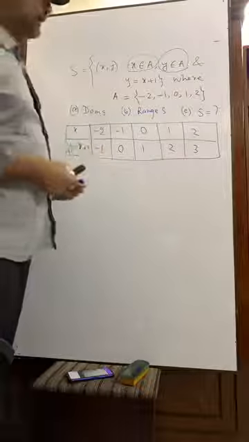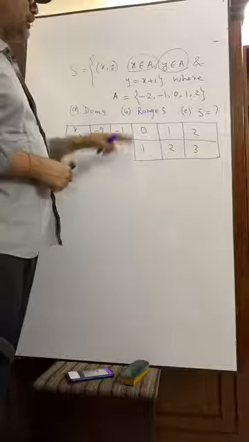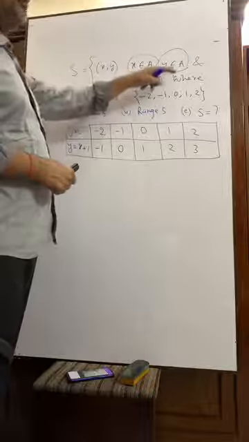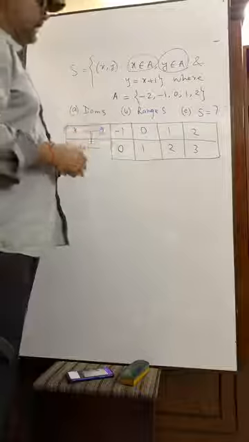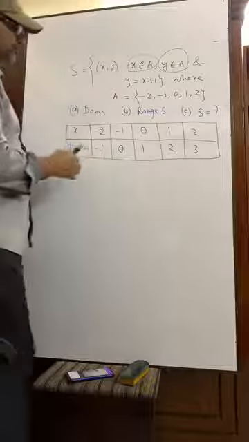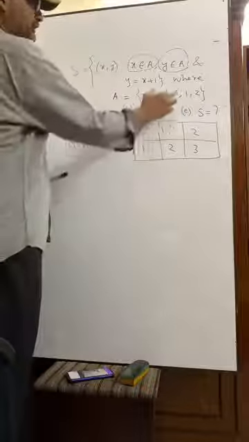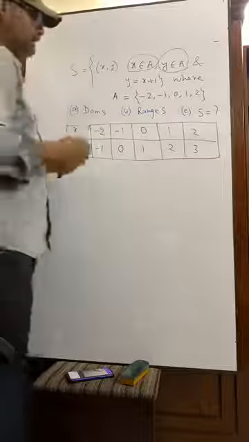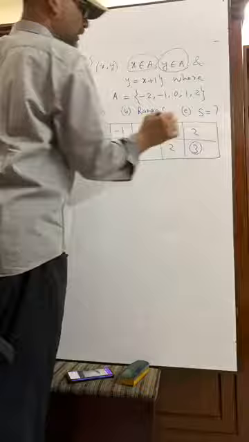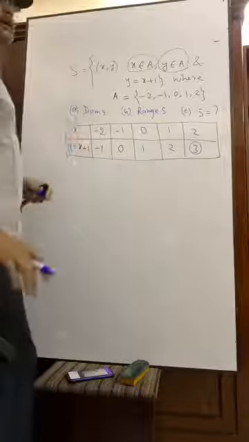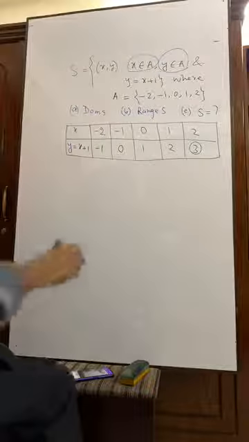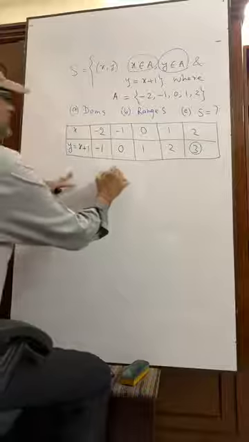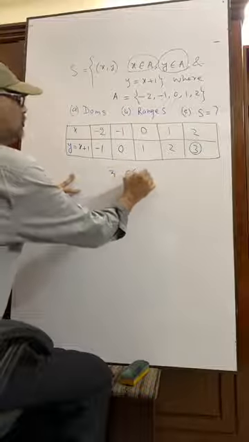Y belongs to A. So it is y. Do all the elements of y found here belong to A? Belong to A or not? This is A. Okay. So we see -1, yes, it is -1. 0, 0, 1, 1, 2, 2. But this 3 does not belong to A. So what should be written? That is 3 does not belong to A.